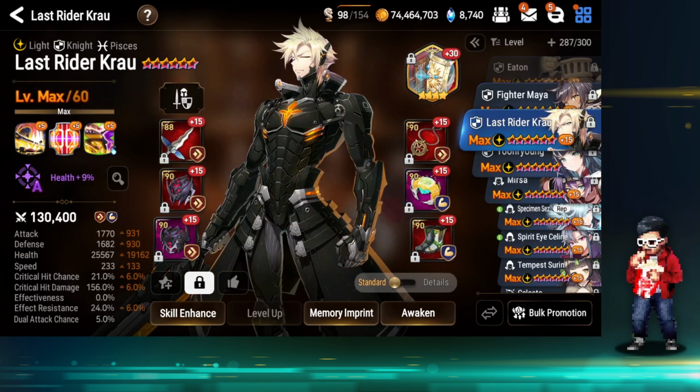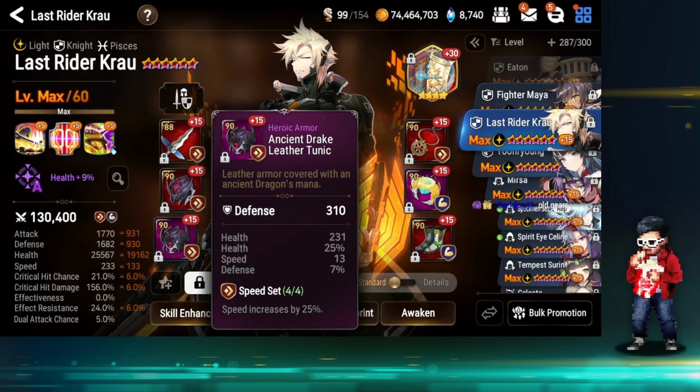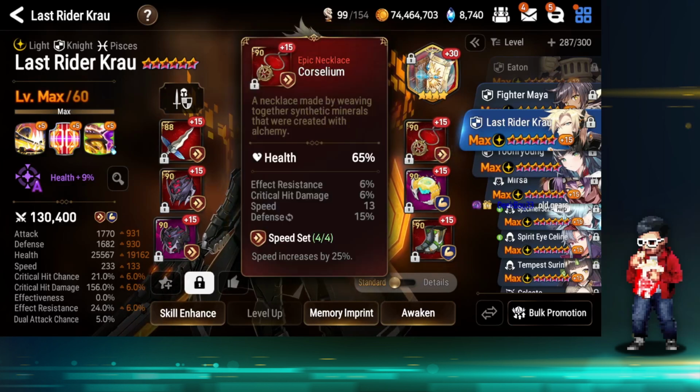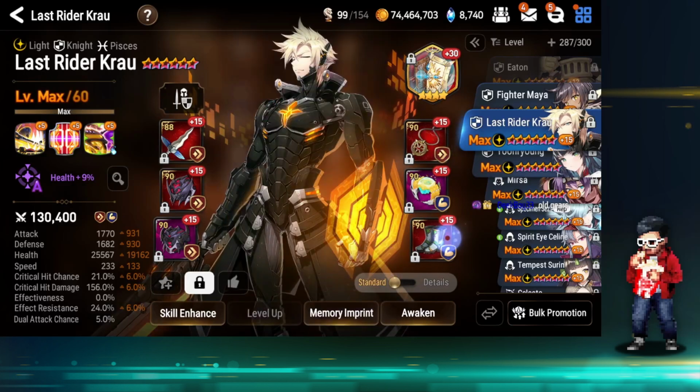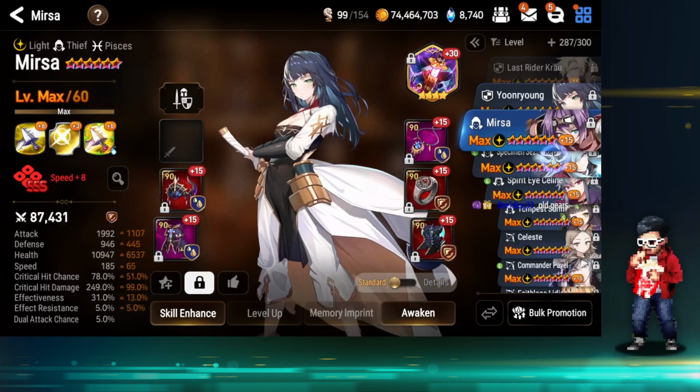F1 up build, last rider crowd, 233, usable. ER build, 100 ER is the meta build at the moment. Which actually, to be honest, that's what he should have been on anyway in the past, but people didn't get the stats. But eventually, if you use him,